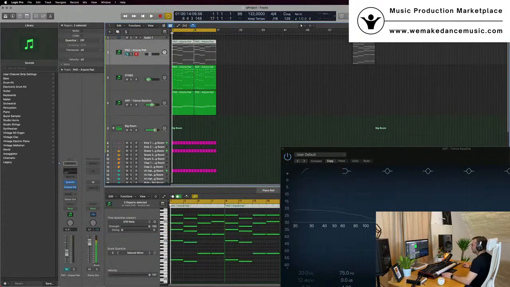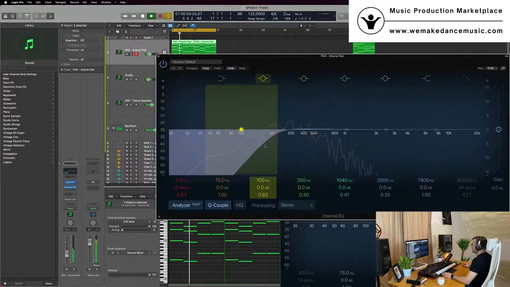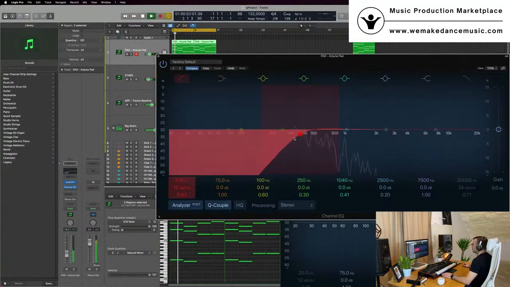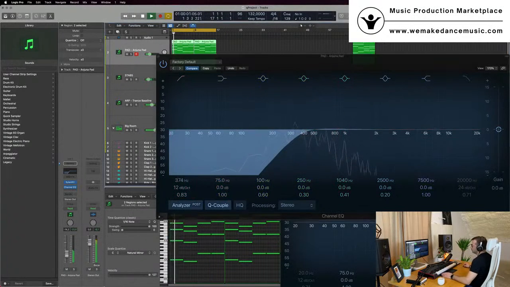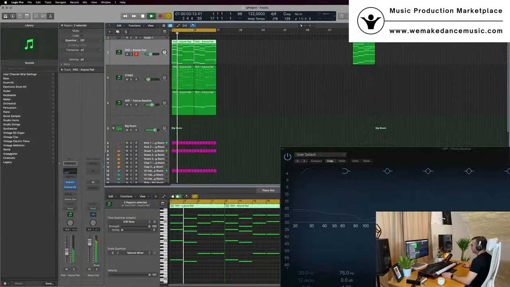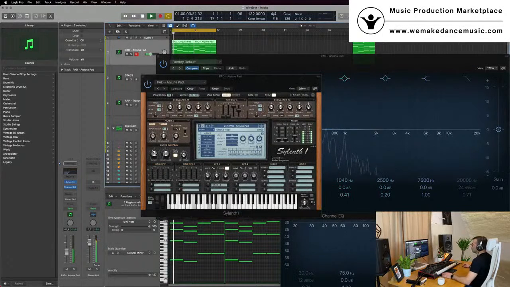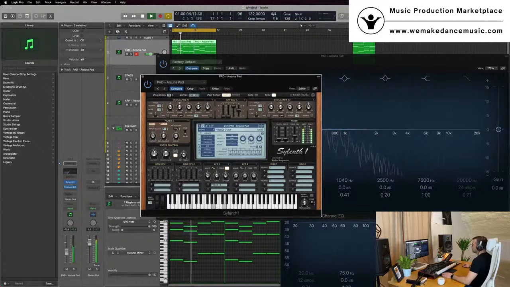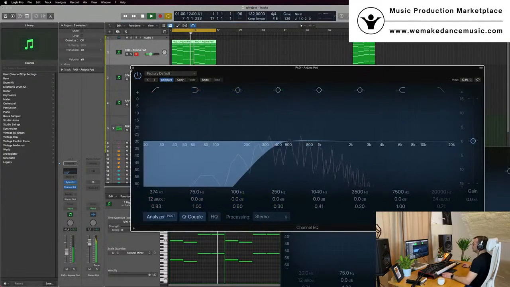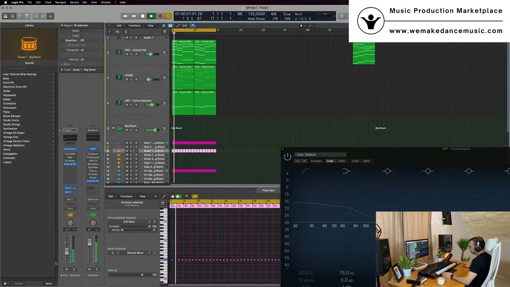Let's try to drop the pad in the back for fun. Really cut most of the mid lows too. Try to drop it here. Maybe open it a little bit so we get this floaty kind of feeling in the back. Okay, now